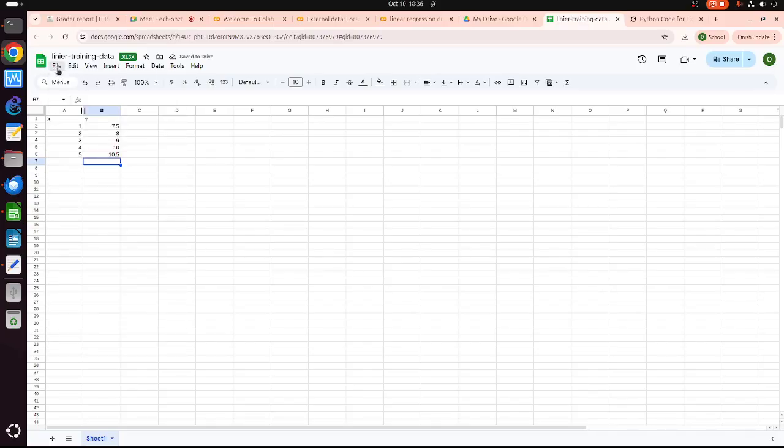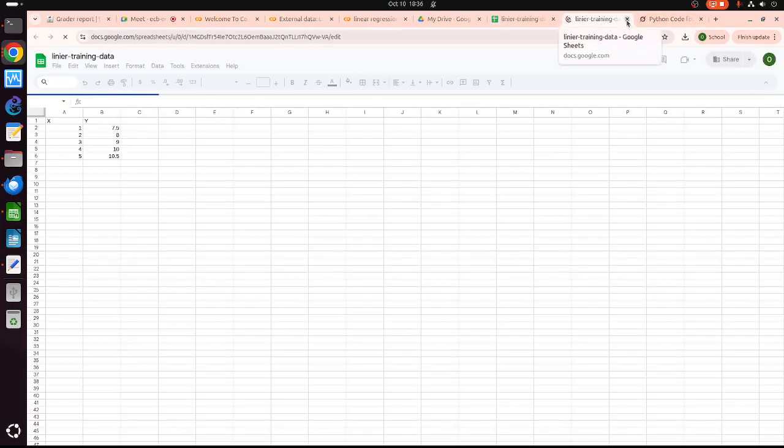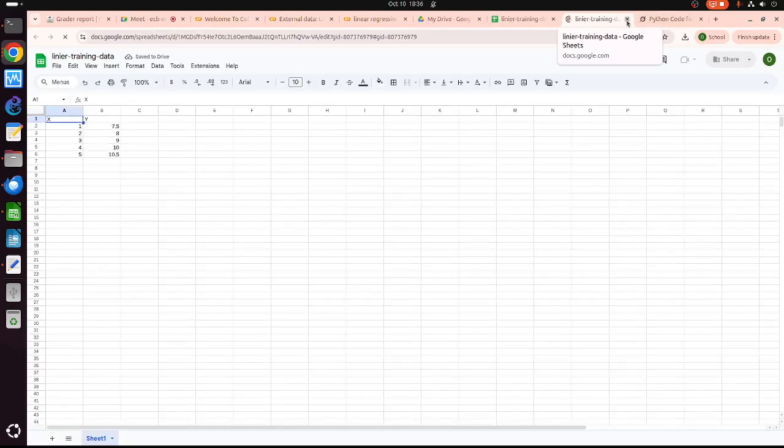Very easy. Well, how can I save as Google Sheet?